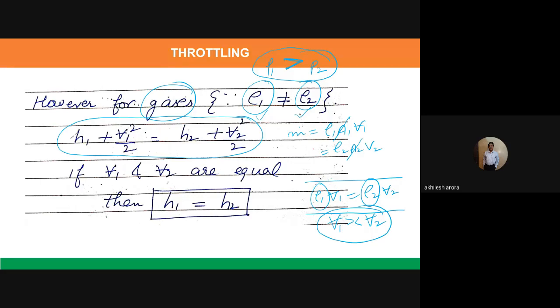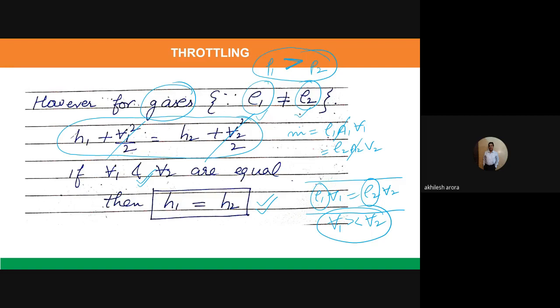Now consider a situation, the case in which there is not much change in the pressure. That means P1 and P2 are different in case of gas, but not much different from each other. In that particular case, we can say that the velocity V1 and velocity V2 are equal. And then this term will cancel out with this term, and we are left with H1 is equal to H2. And when I say H1 is equal to H2, it means the enthalpy remains constant. So in case of gases also, enthalpy may remain constant if there is not much variation in the density.